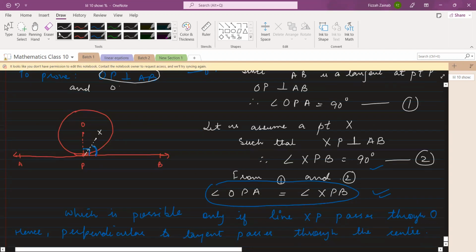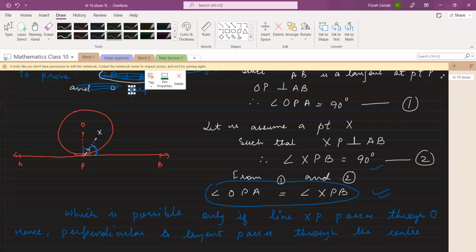You can do one thing, Martin. Instead of writing OP perpendicular to AB in the proof, you can simply write this sentence that you have to prove: that the perpendicular to the tangent passes through the center. That you can write. Perpendicular to tangent